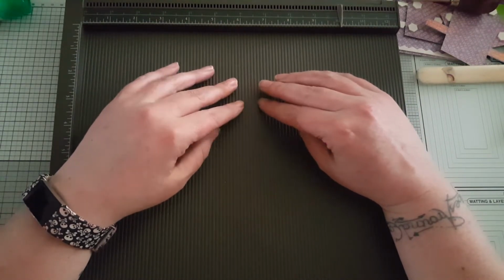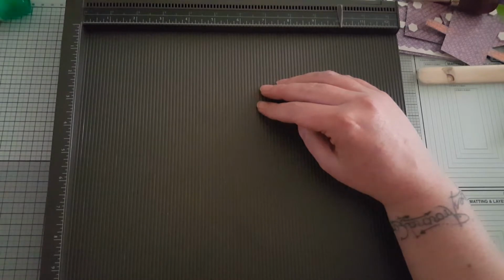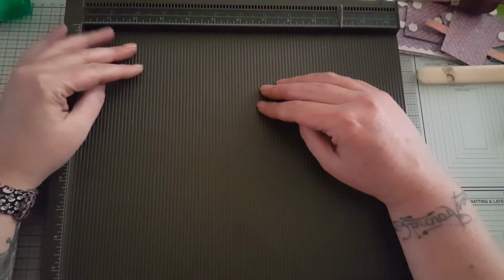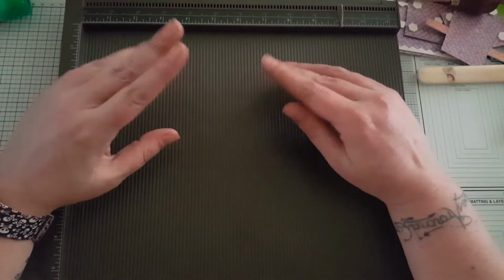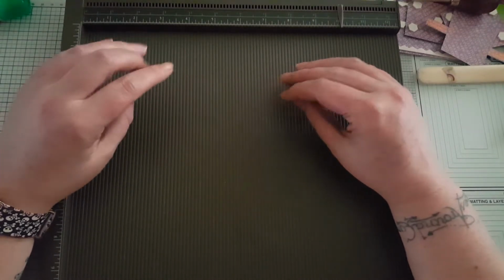So I've ordered some pizza boxes off Amazon. But there's a few people who couldn't take part because they didn't think the pizza boxes would get there in time, or stuff like that. So what I decided to do, I had an idea and I thought I'm going to see if I can